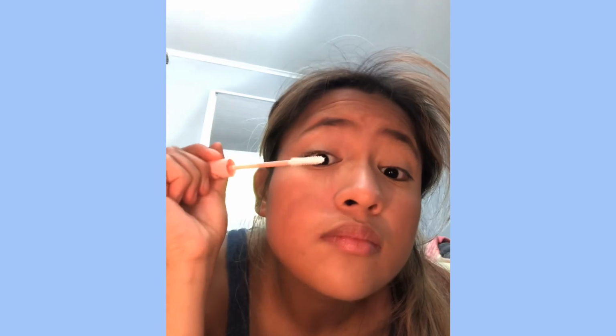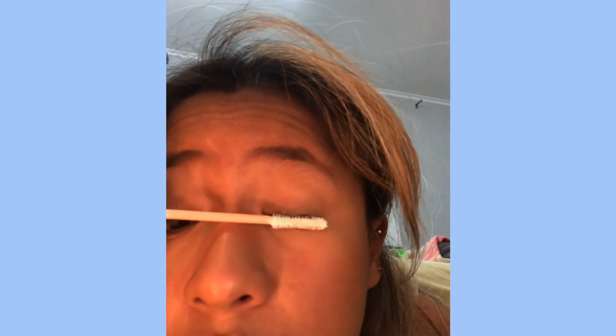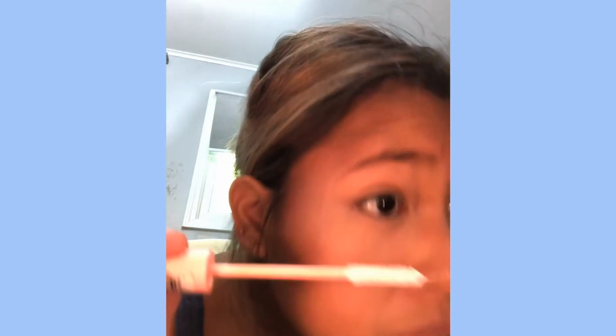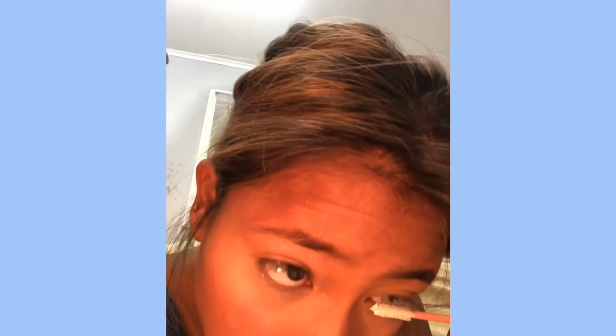And then I'm going in with this Essence Volume Booster Last Primer Super Volume with Super Fruits. I think I just put myself in the eye. Okay, great. I just found this makes my